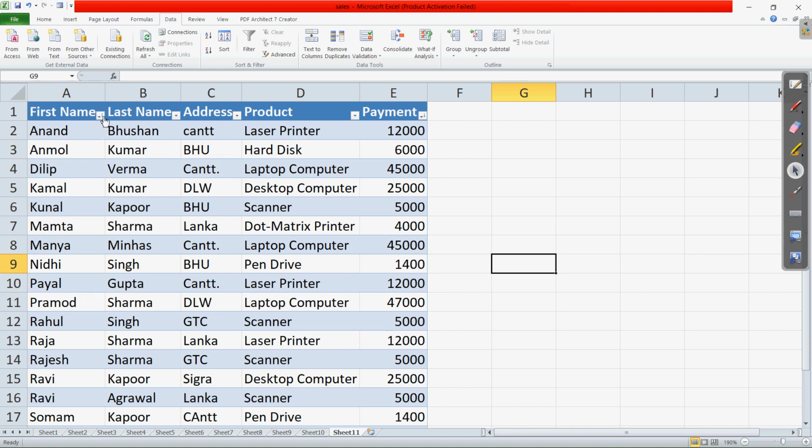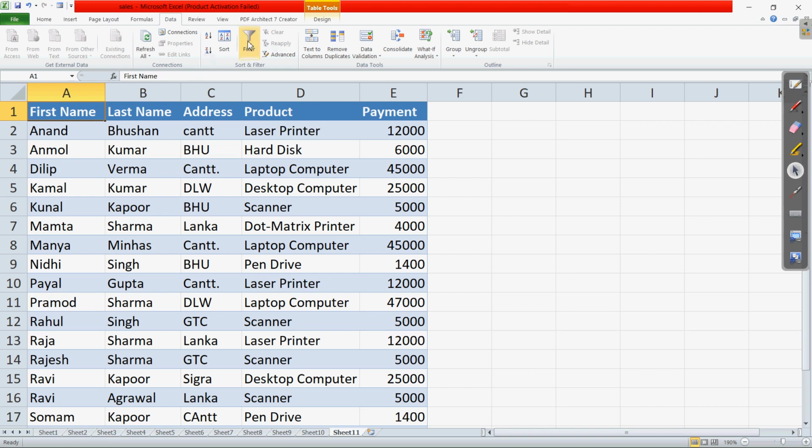So it may happen that you have not added this auto filter button. Then what we will do is select the field name, then go to the data tab. Here we can see, in the data tab we have this filter button. Clear? So when you click on this filter button, that will also give you the similar option. So let me select the field and go to the filter option. Clear? So here you can see all of the auto filter options have been removed. Clear?